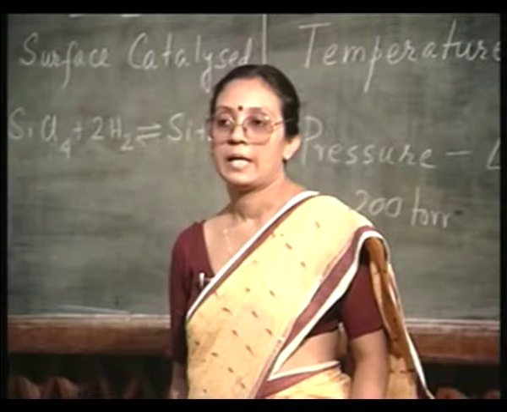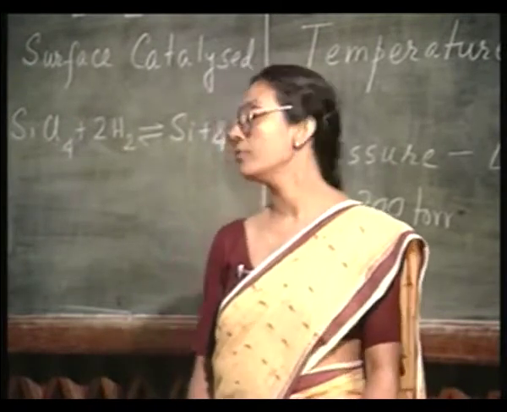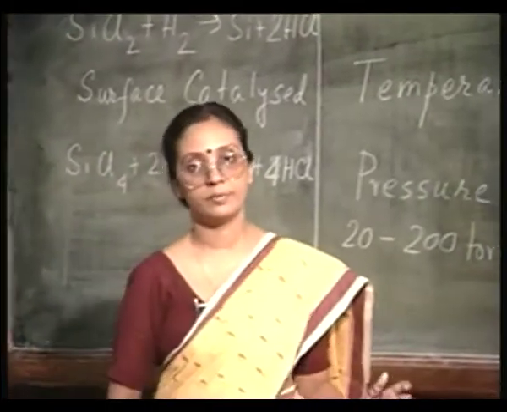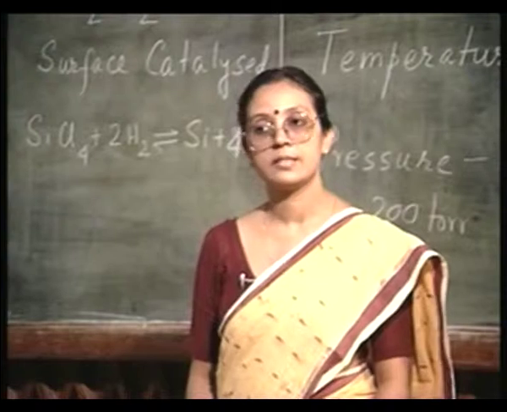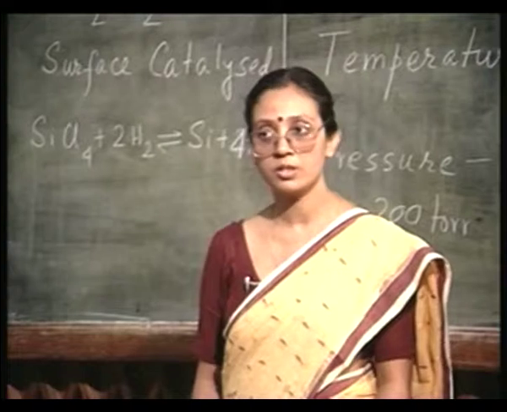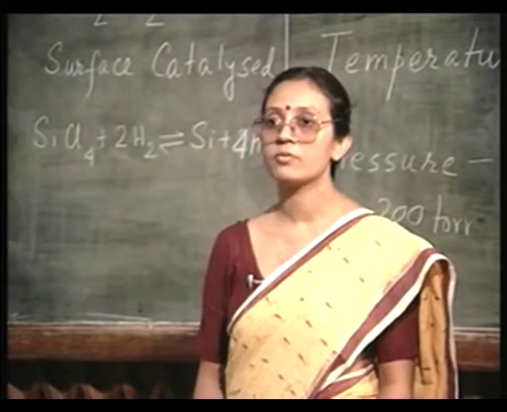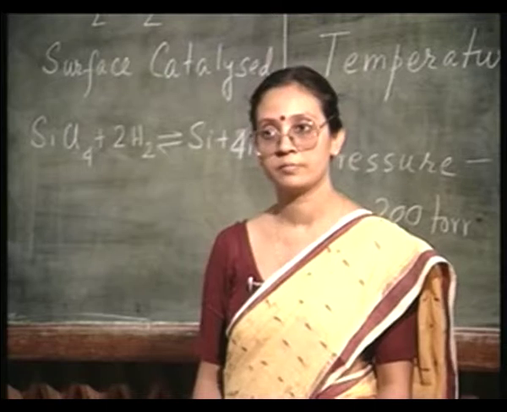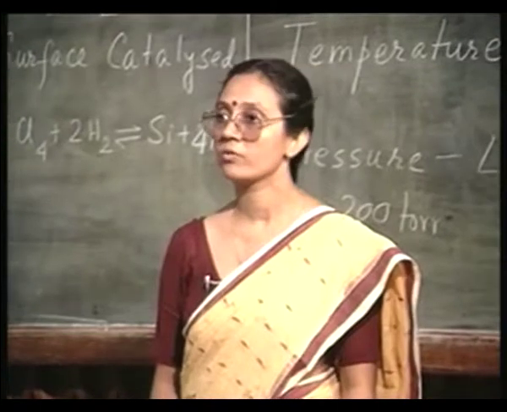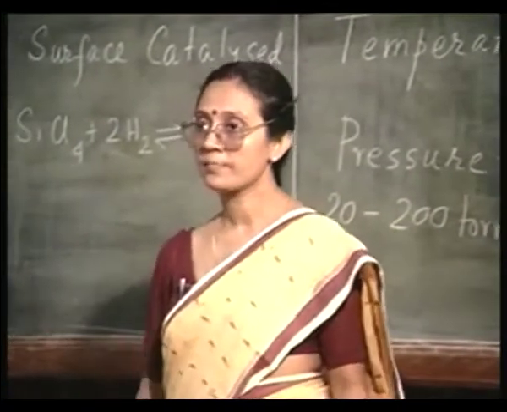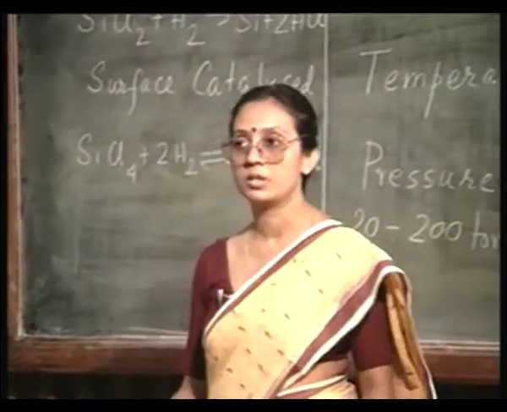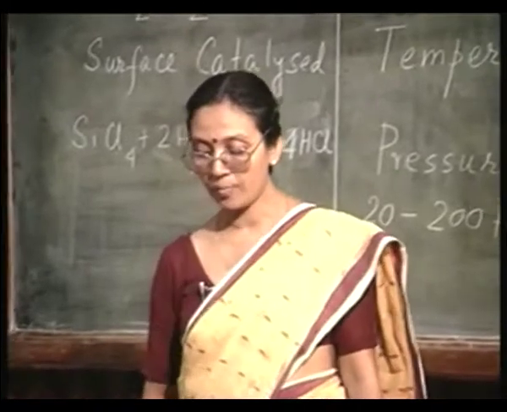here, if the concentration of this SiCl4 is increased, what do we expect to happen? First, as this is increased, of course, we are going to have more reaction in the forward direction, that is, the growth rate of silicon is going to increase, isn't it? By the law of mass action, if the concentration of SiCl4 is increased, then this also has to increase and therefore, the growth rate is going to increase, but only up to a certain